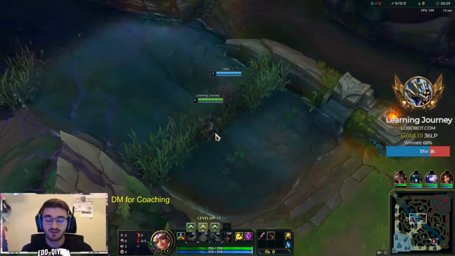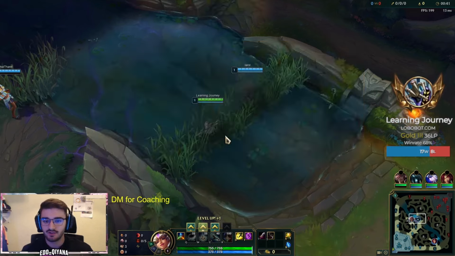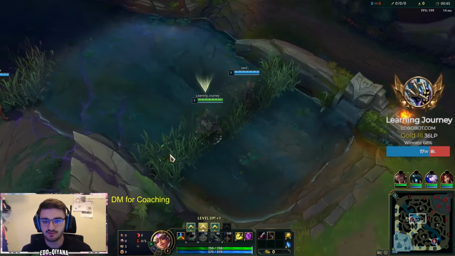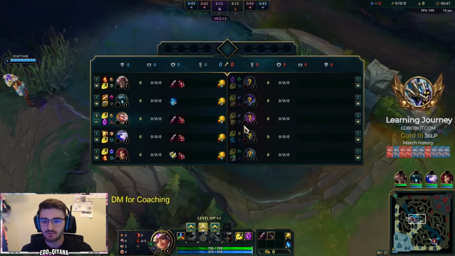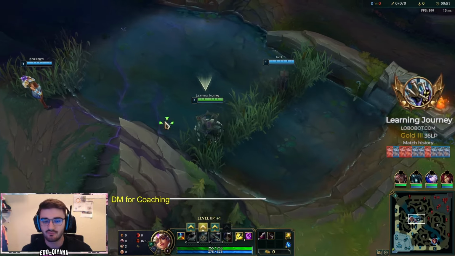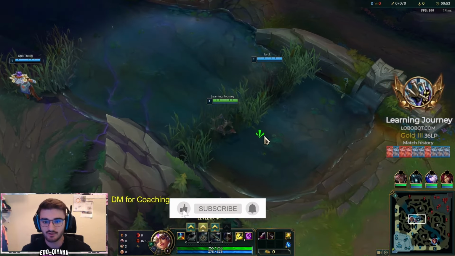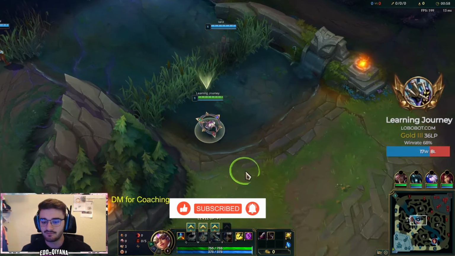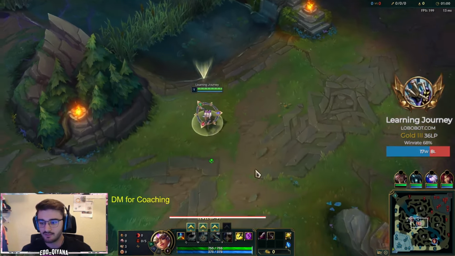Hello and welcome everyone. Today we are playing a game on our unranked to masters journey on this account. I will be showing you how to actually carry games in Emerald, because Emerald Elo is really hard to climb out of. This account is currently Gold 3, but it's Emerald MMR,